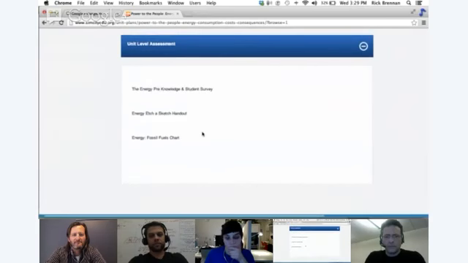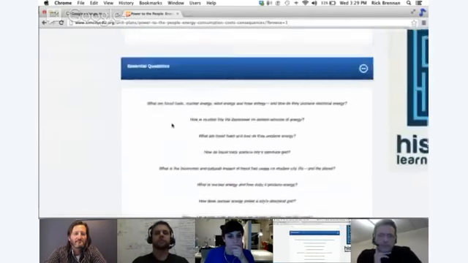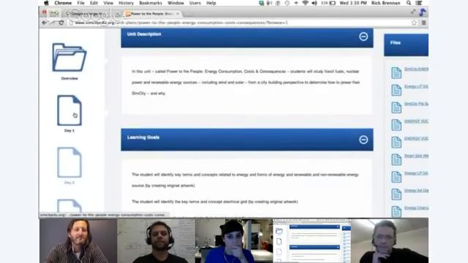The unit level assessments, we for the most part have tried to provide formative assessments, but we do have an energy pre-knowledge and student survey, which is more or less gauging student pre-knowledge and then having the teacher be able to compare by the end of the unit what the student learned. And these are materials that Jason will go over when he has a chance to speak in just a few minutes. And I'll keep this very brief, but I want to make sure that everyone knows how to use this